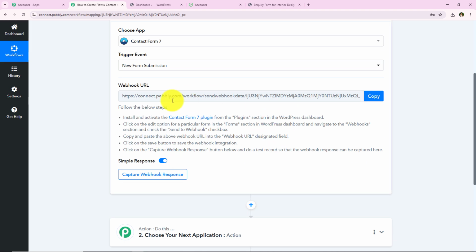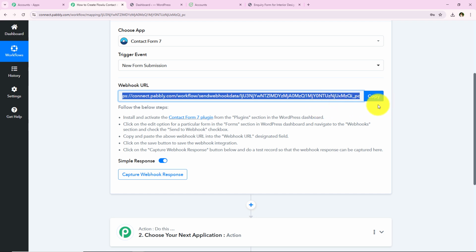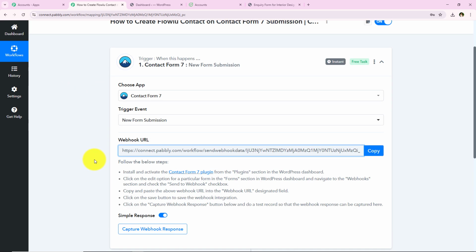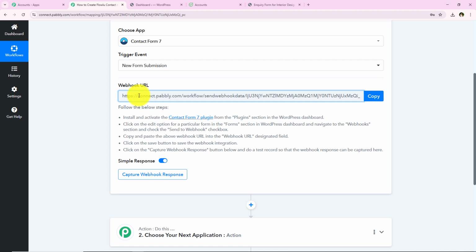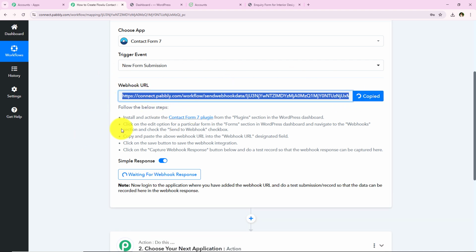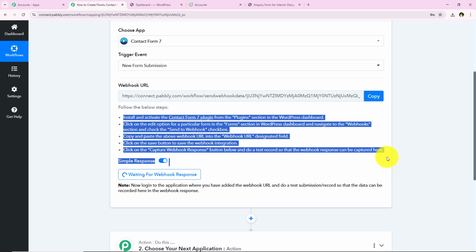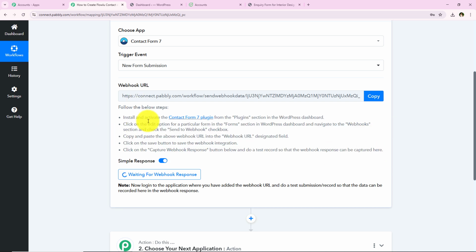And now it is giving me a webhook URL, and we are going to use this same webhook URL in order to create a connection between our Contact Form 7 account and our Pabbly Connect's workflow. So I'm just going to copy this webhook URL, and then we have to follow this help text, and it is saying install and activate the Contact Form 7 plugin from the plugin sections